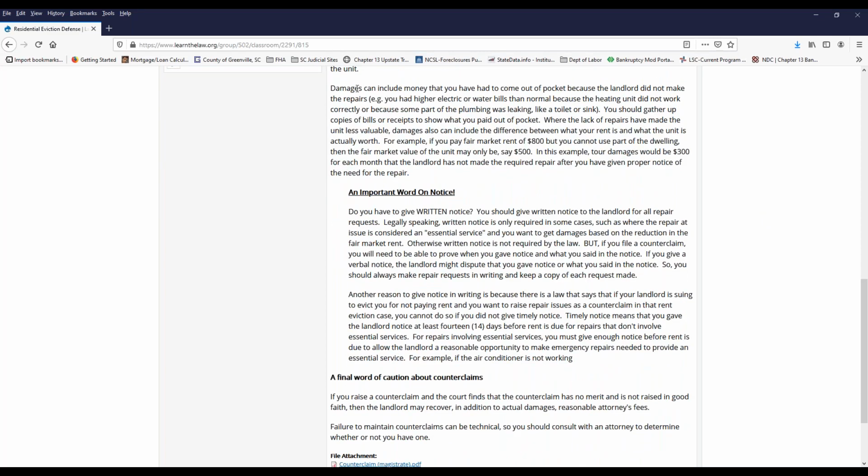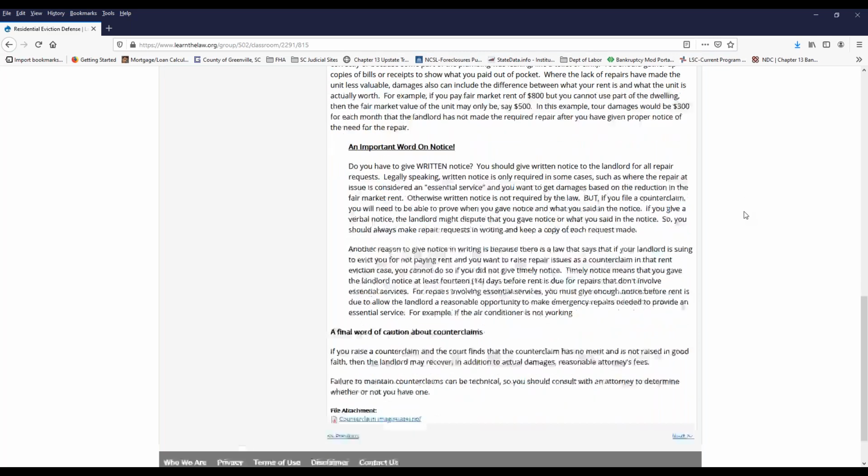And as we also talk about, how do you calculate damages? I won't get into all that until the classroom launches. This gives you some ideas on how you can think about what your damages are, but basically it's any money that you're out of pocket because the landlord didn't make repairs. It also might include a reduction in the fair market rental value of the property. So if you're paying $800, but due to the lack of repairs, it's only worth $500, you might have $300